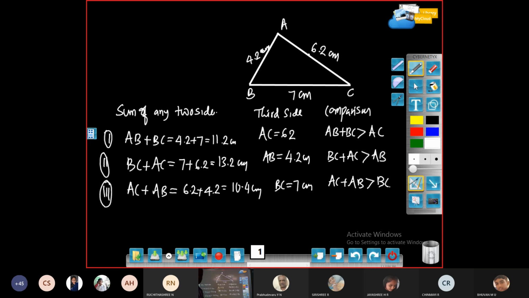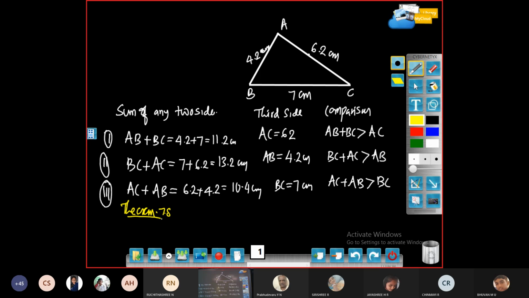So this is applicable to any triangle. You construct any triangle and measure the sides and find out the sum of the two sides, and it is always greater than the third side. So therefore you can write a statement or the theorem like this. You can make a statement here. So that is theorem number, you can write it as 7.8. And the statement is as follows.